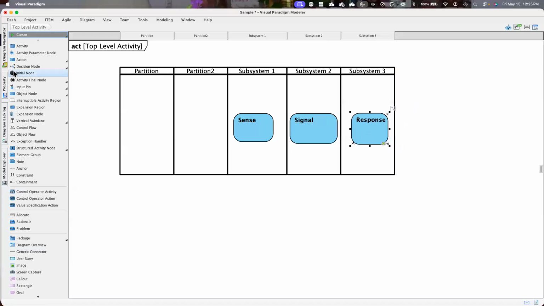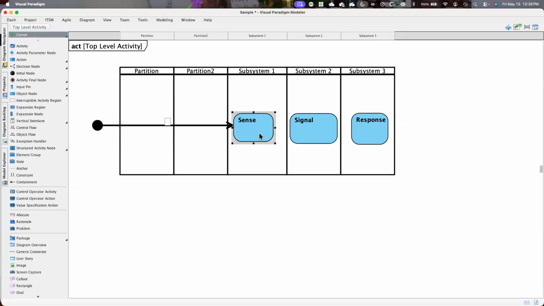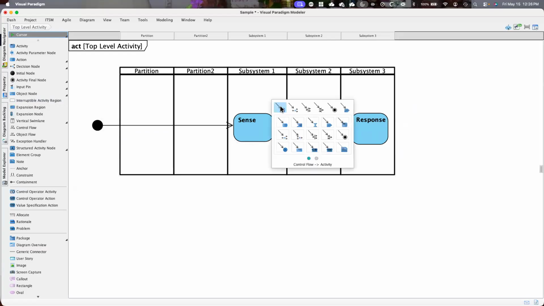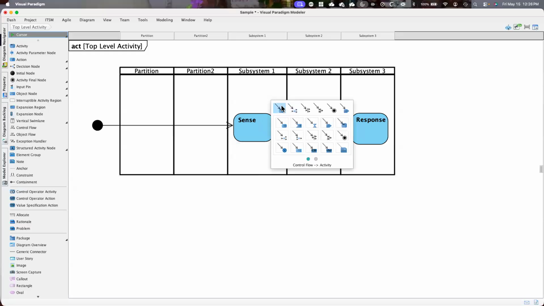Okay, I'm going to put an initial node. And so then I want to connect that initial node to sense. Okay, so that one's connected to that. Want to connect the sense to the signal. I'll try that again. Connected to